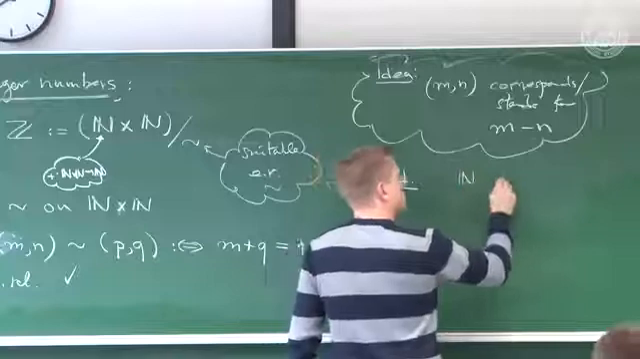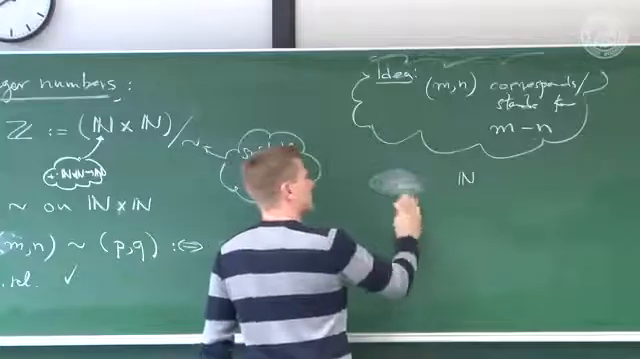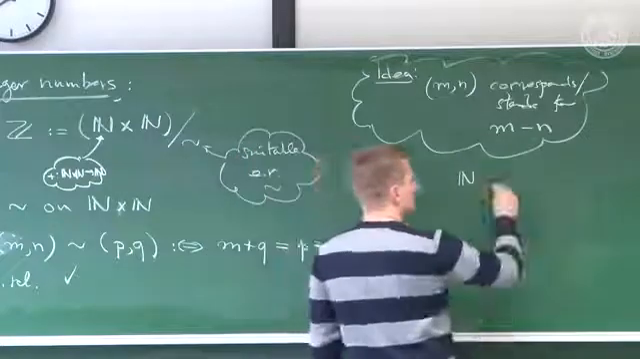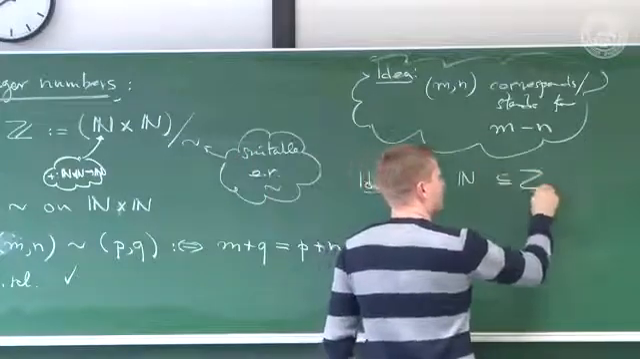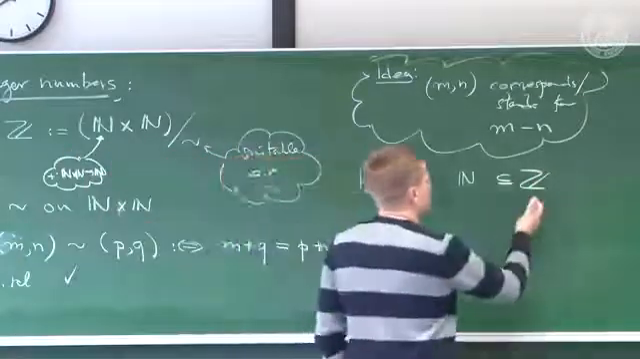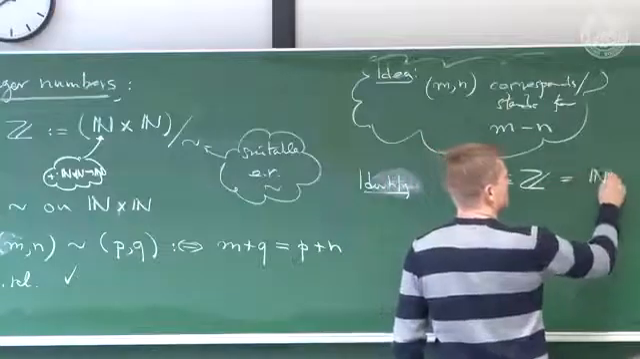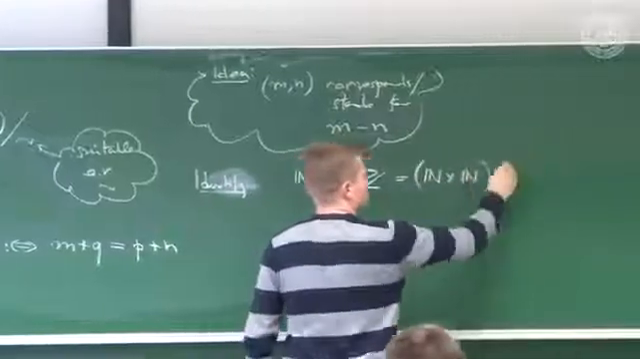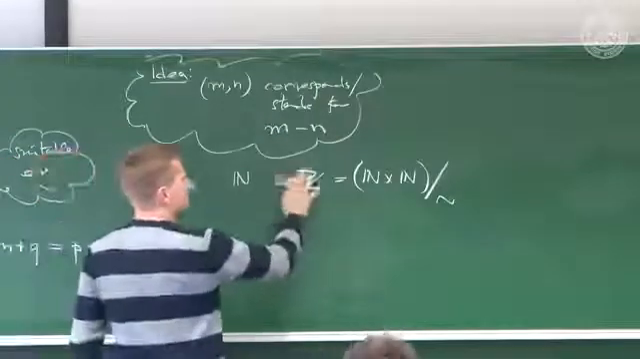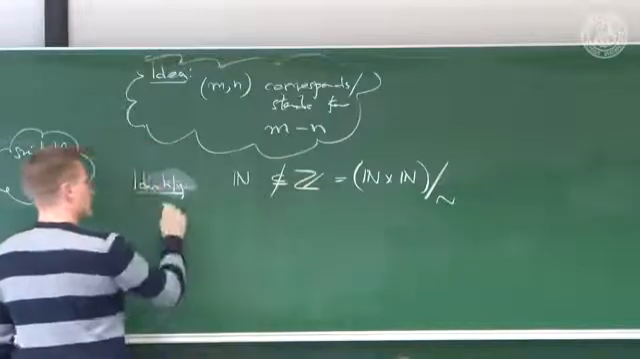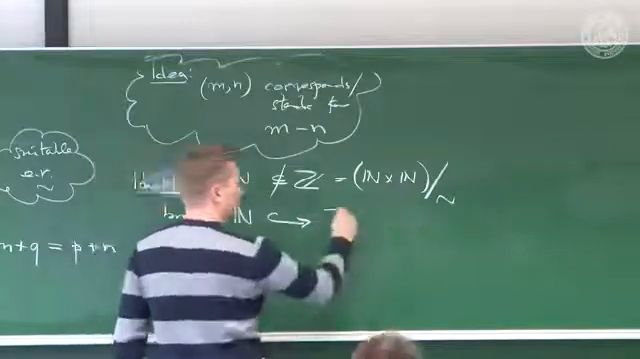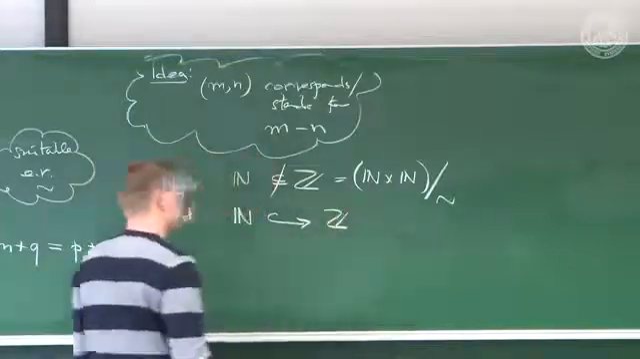Normally, we would think, okay, identify n, we would think this lies in this set. Well, it doesn't quite lie in this set. It cannot, because this is a set of pairs of natural numbers, with some equivalence relation there. So this doesn't make any sense. This can't be true. But what is true is that you can embed N into Z,